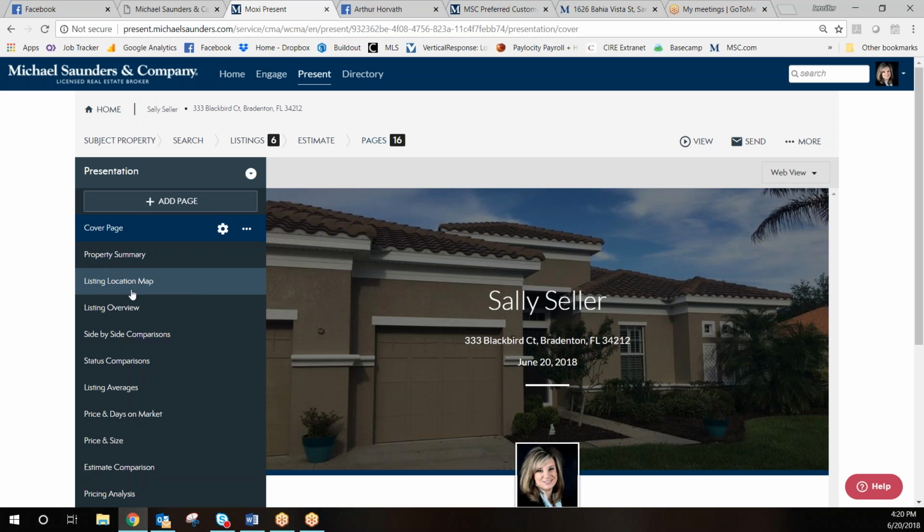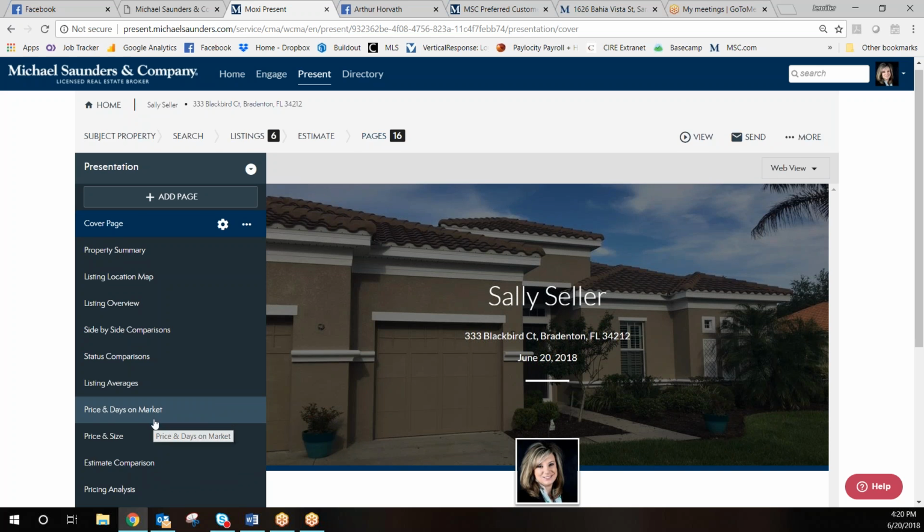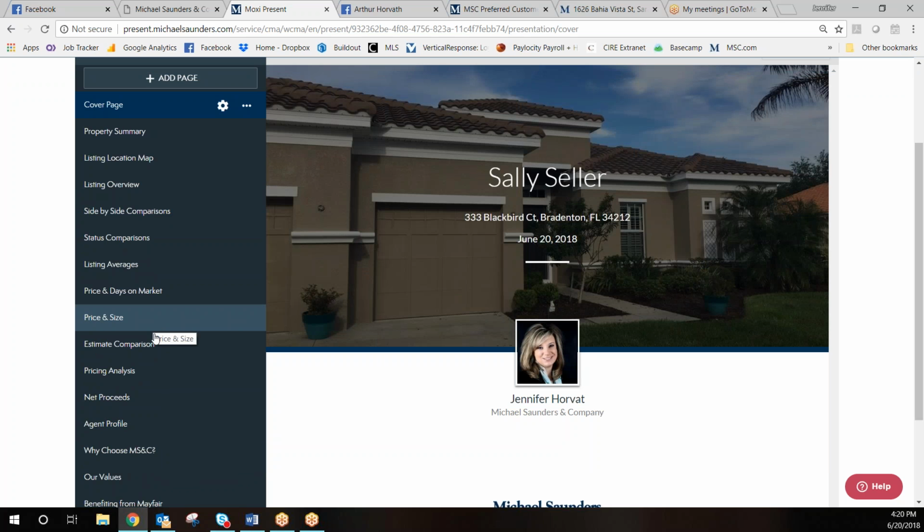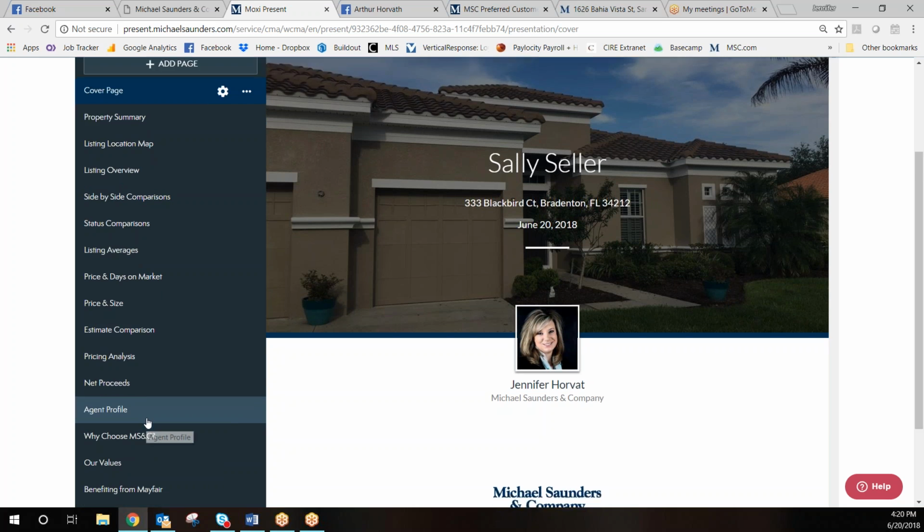Property summary, a map, the listing overview, a side-by-side comparison sheet, a status comparison, the listing averages, price and days on market, price and size, estimate comparison, a pricing analysis, the net proceeds,